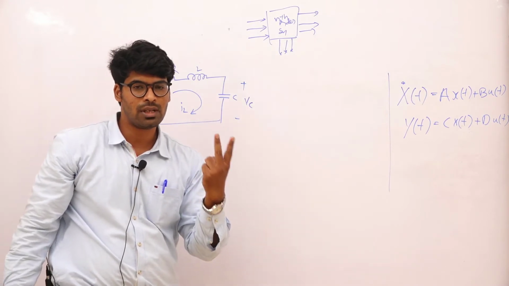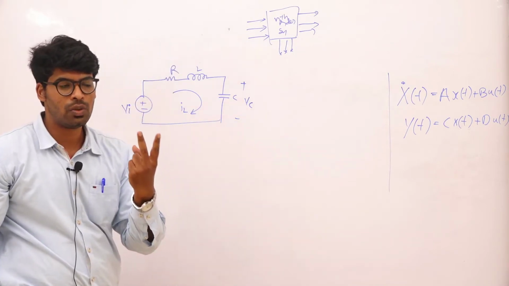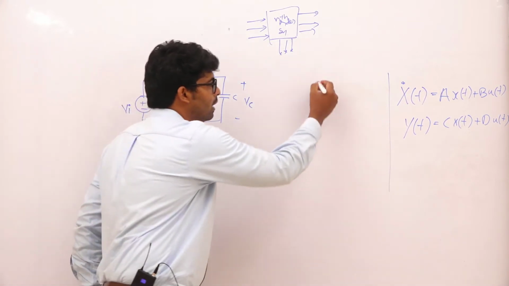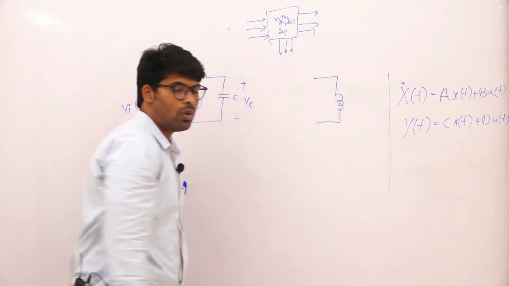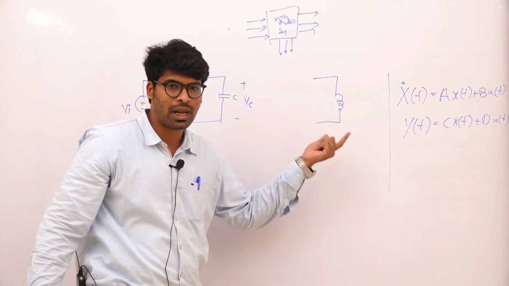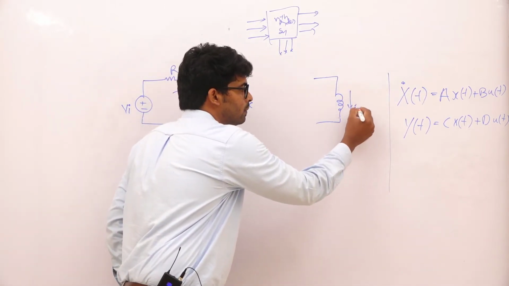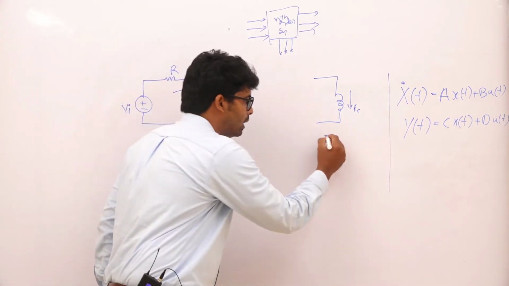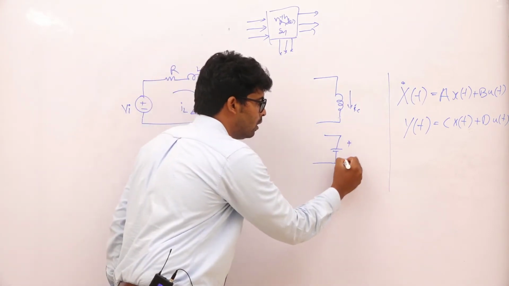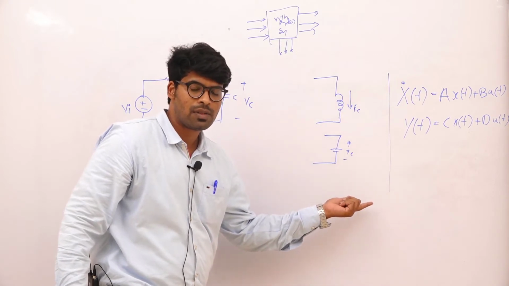In the first semester, you dealt with transient analysis. In transient analysis, you have two energy storage elements, that are the inductor and the capacitor. If you see the inductor, straight away the thing to observe is the change of current. If you see the capacitor, what you will observe is the change of voltage. For the inductor, you observe the change of current; for the capacitor, you observe the change of voltage.